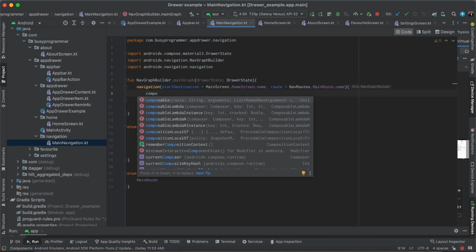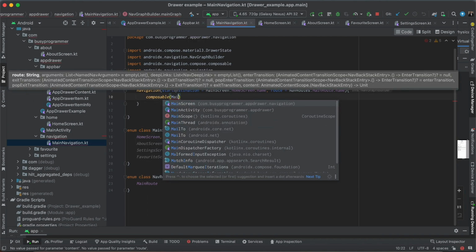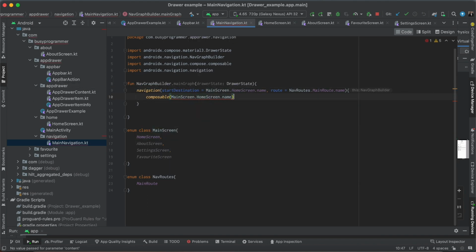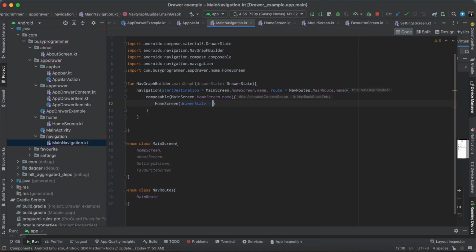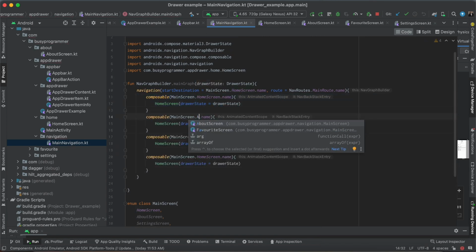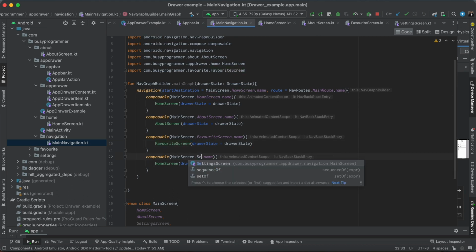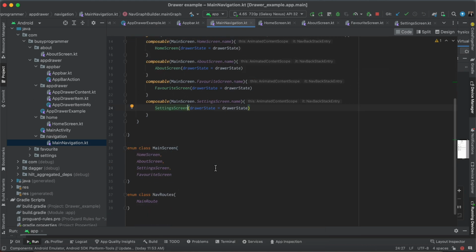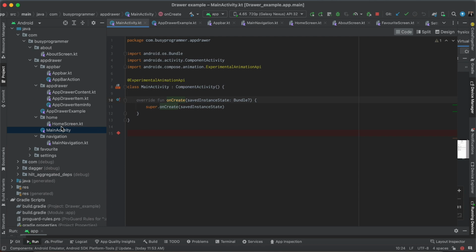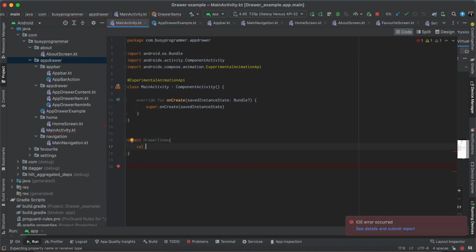Now let's get back to our navigation function that we were creating. So now we will write composable, and we will write the screen name, and here we will define our screen, which is the home screen. And similarly for the rest of the 3, for about screen we will have the about screen compose function, similarly for the favorite, and similarly for the settings. So now that our navigation function is ready, let's get back to the main activity where we need to set our main